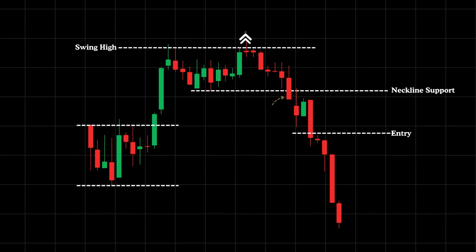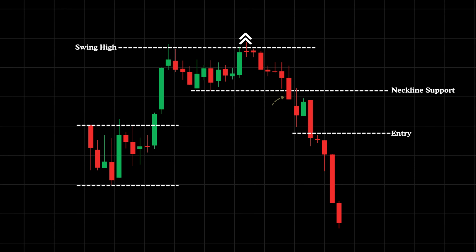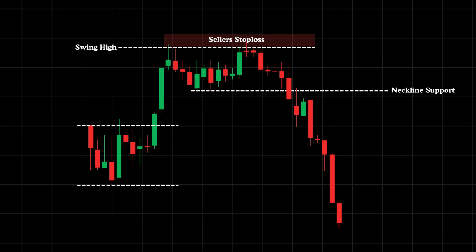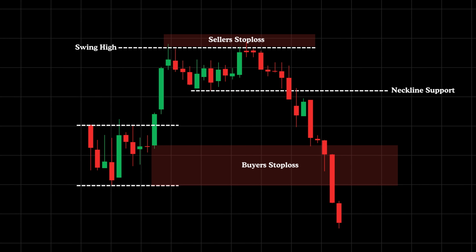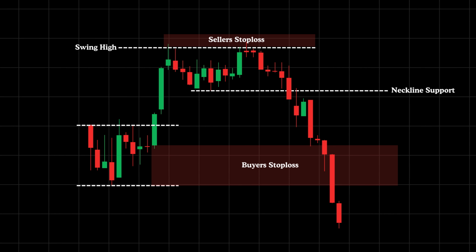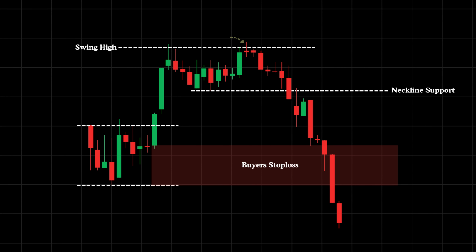If the market truly intends to rise, it would need to climb higher and trigger sellers' stop losses above. But there are very few sellers' stop losses at the top, while buyers' stop losses placed below are much larger in number. That's why big institutional players create these false breakouts at upper levels, encouraging retail traders to place stops